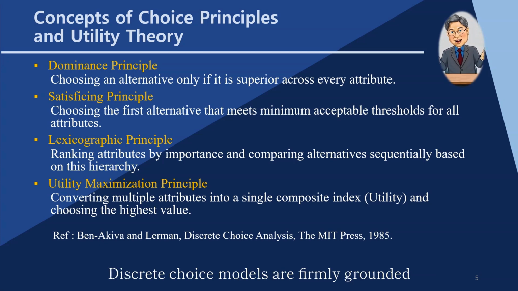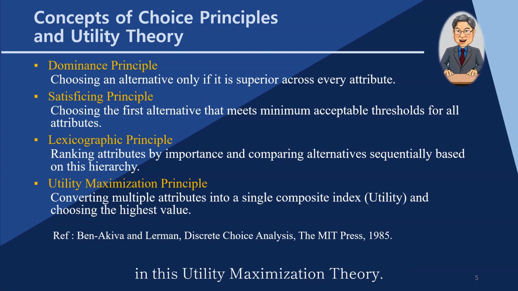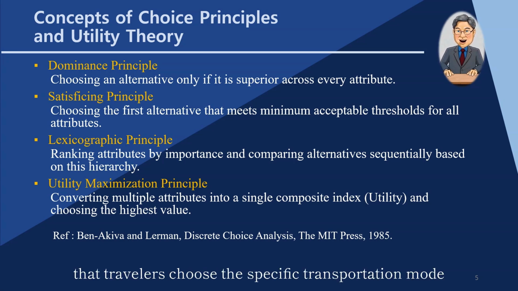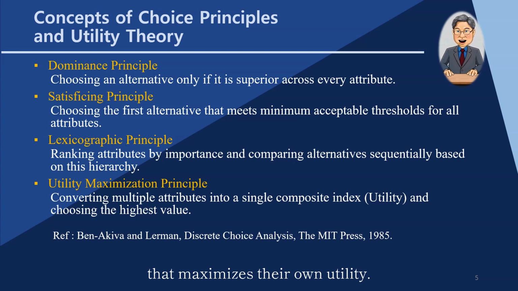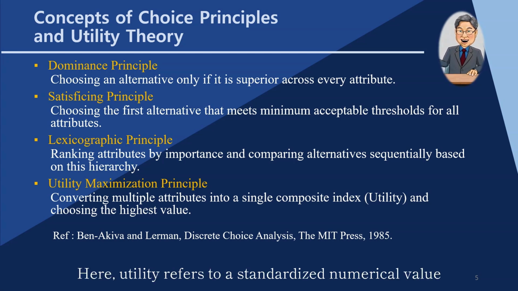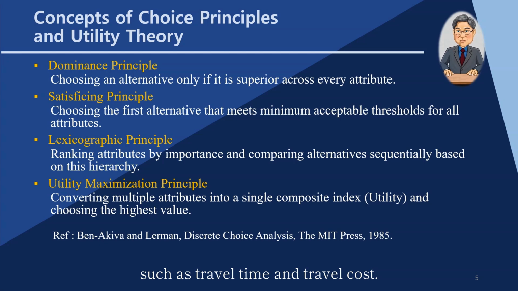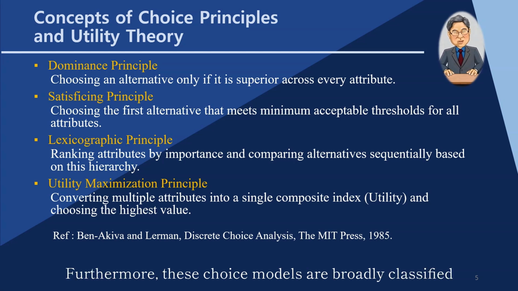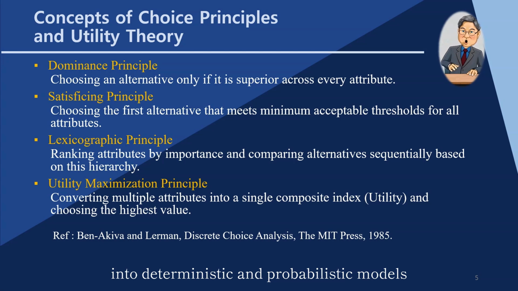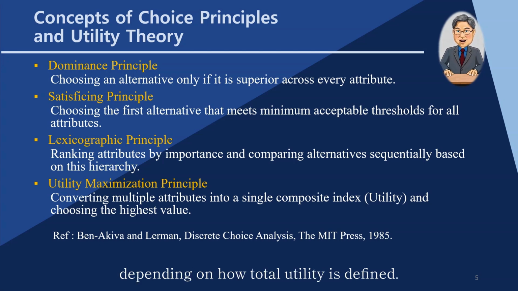Discrete choice models are firmly grounded in this utility maximization theory. In this framework, it is assumed that travelers choose the specific transportation mode that maximizes their own utility. Here, utility refers to a standardized numerical value derived by applying weights to various influencing factors, such as travel time and travel cost. Furthermore, these choice models are broadly classified into deterministic and probabilistic models, depending on how total utility